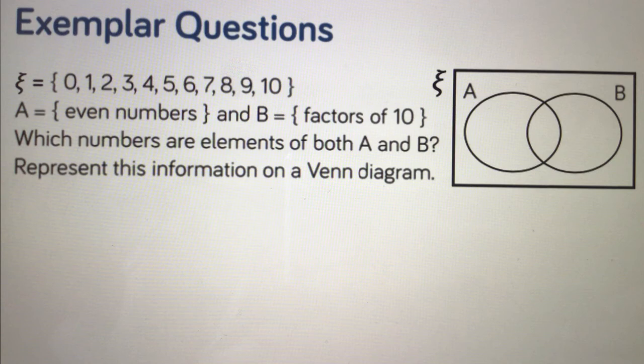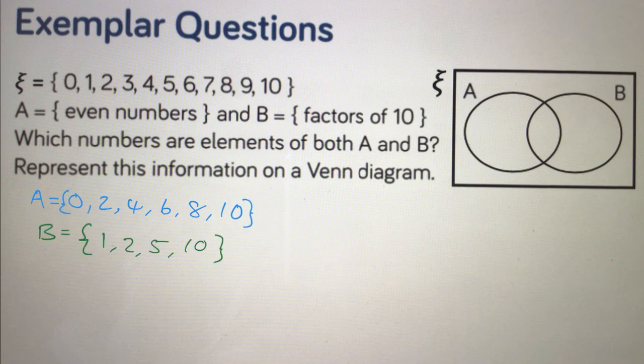First thing then, let's work out what our even numbers are. These are the numbers 0, 2, 4, 6, 8 and 10, and set B, where the set is 1, 2, 5 and 10. In our Venn diagram, we have